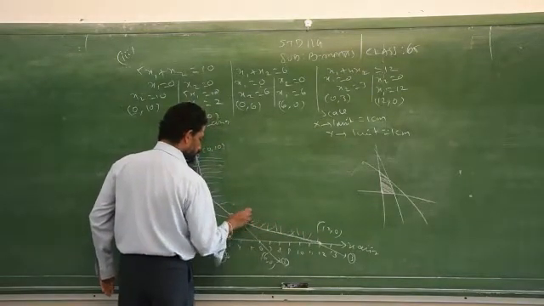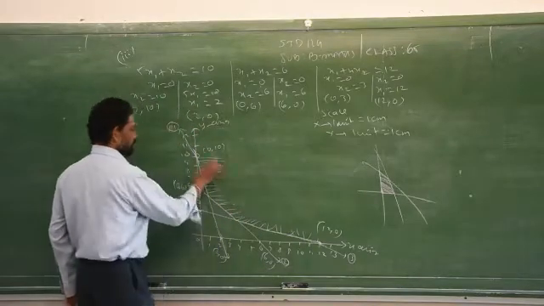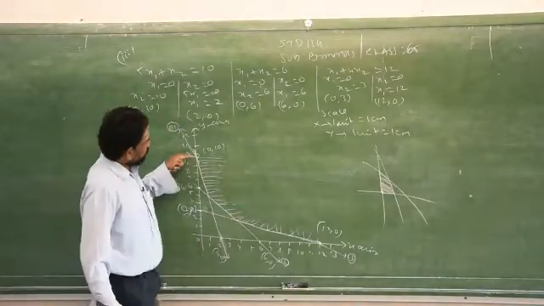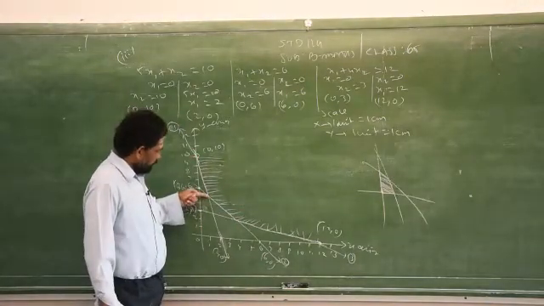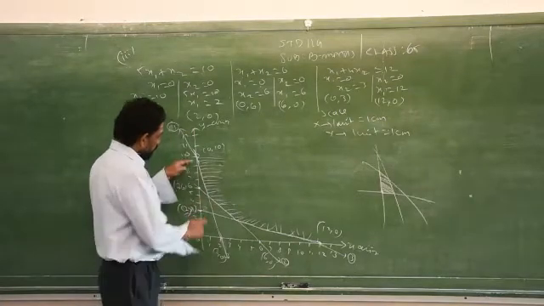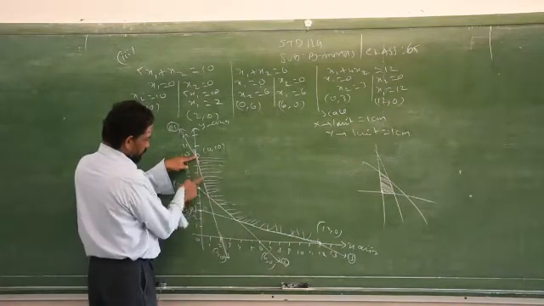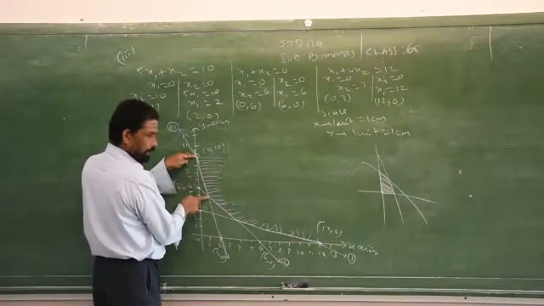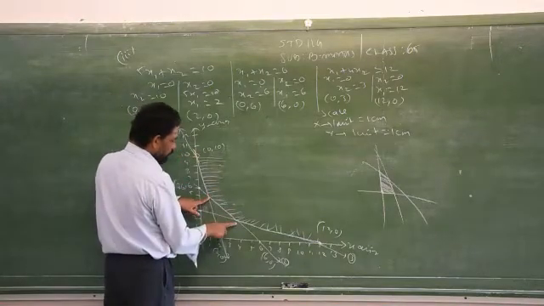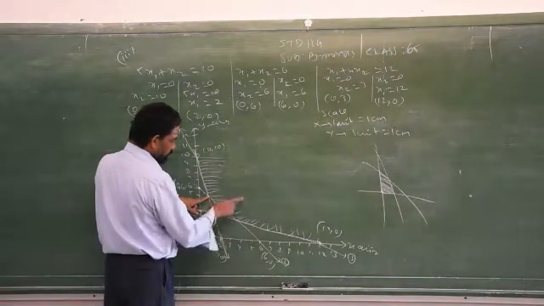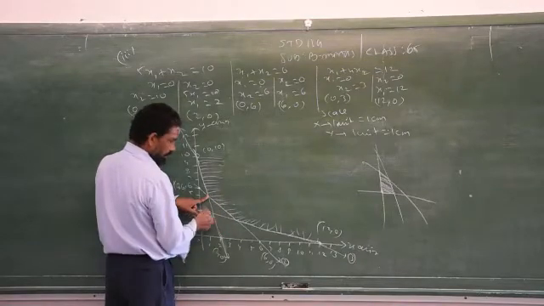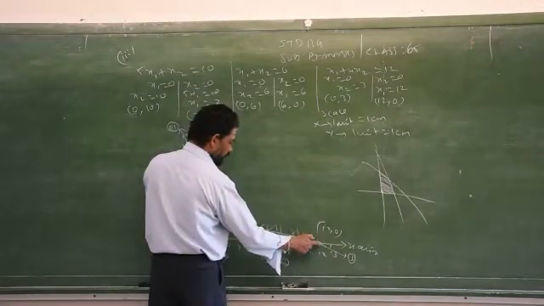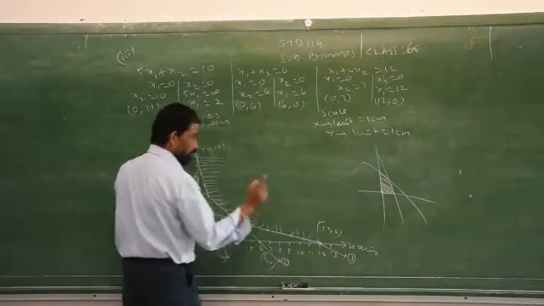Just put a mark like this, not for the entire graph sheet, just like this. See, start from here, go to the intersecting points, and if you go beyond this one, the answer is wrong. Between these two intersecting points, check whether any other straight lines are passing between these two points. No. Then you take these two. Is there any straight line intersecting this line between these two edges? No. Then from here to there, is any straight line intersecting that remaining part? No. So your answer is correct.